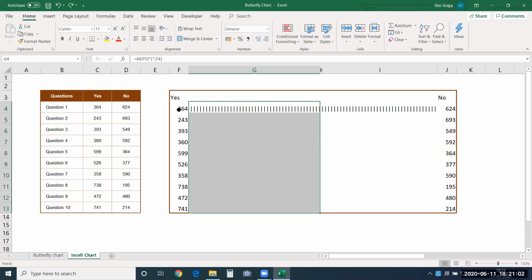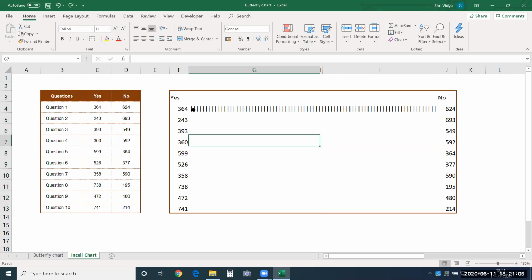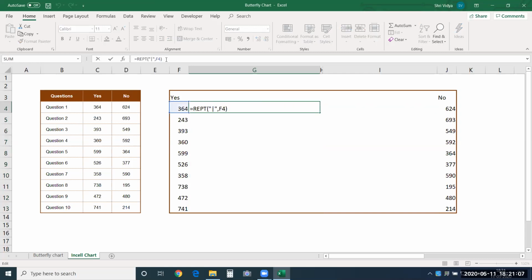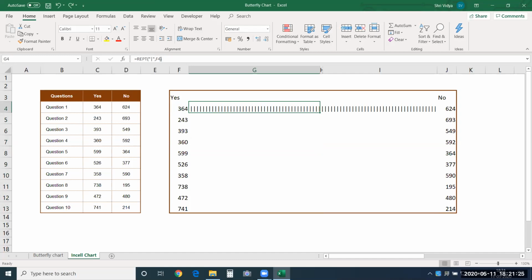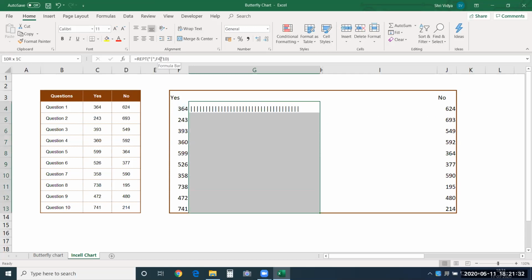Okay. So what I can do, I'll just go here. I'll reduce it to 1/10. So we say 1 lakh has 100,000. See, this is something like that. I'll just reduce it to 1/10. So no harm. Sorry, just go here. F4 by 10. So yes value divided by 10. Now copy paste it as formulas.